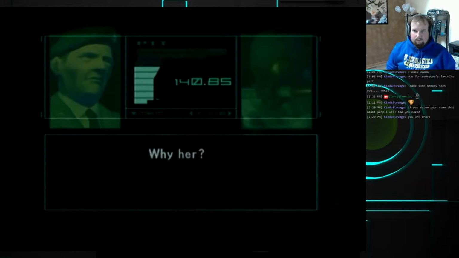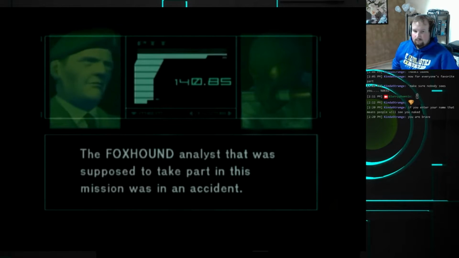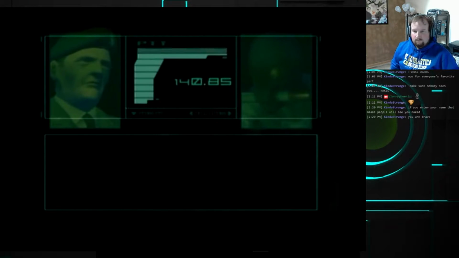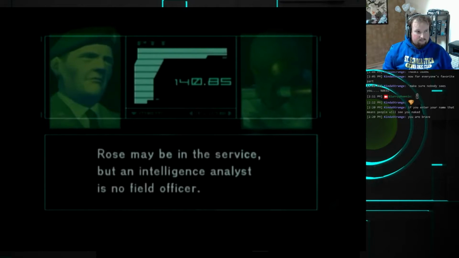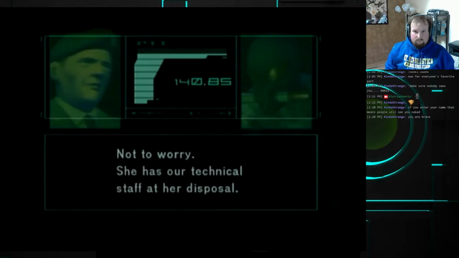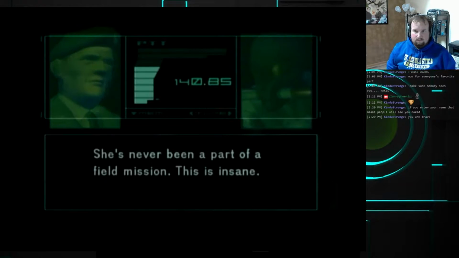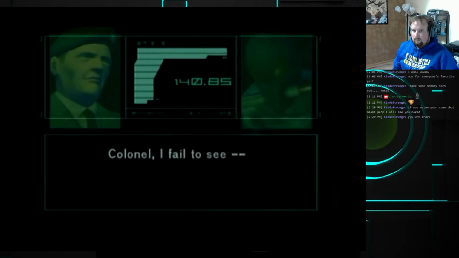Why her? The Foxhound analyst that was supposed to take part in this mission was in an accident. Rosemary was brought in as a replacement. An accident? And according to the files, she knows you better than anybody else. Rose may be in the service, but an intelligence analyst is no field officer. Not to worry. She has our technical staff at her disposal. She's never been a part of a field mission. This is insane. I have my own reasons for selecting her for this mission, soldier. Colonel, I fail to see...